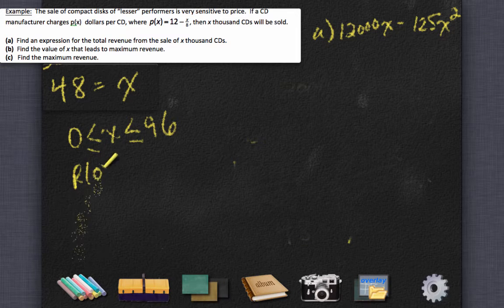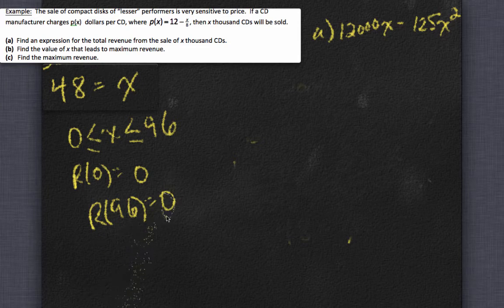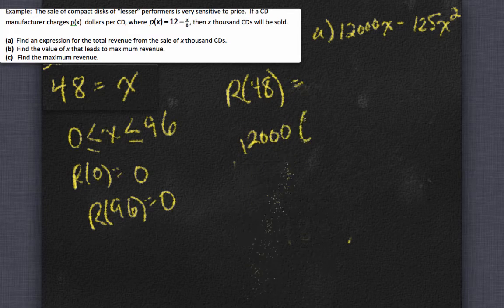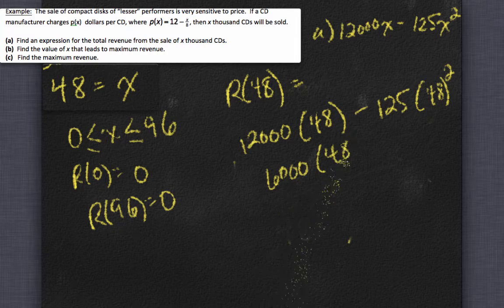So r of 0 equals 0, r of 96 equals 0, r of 48 is 12,000 times 48 minus 125 times 48 squared. 125 times 48 is 6,000, so 6,000 times 48 equals